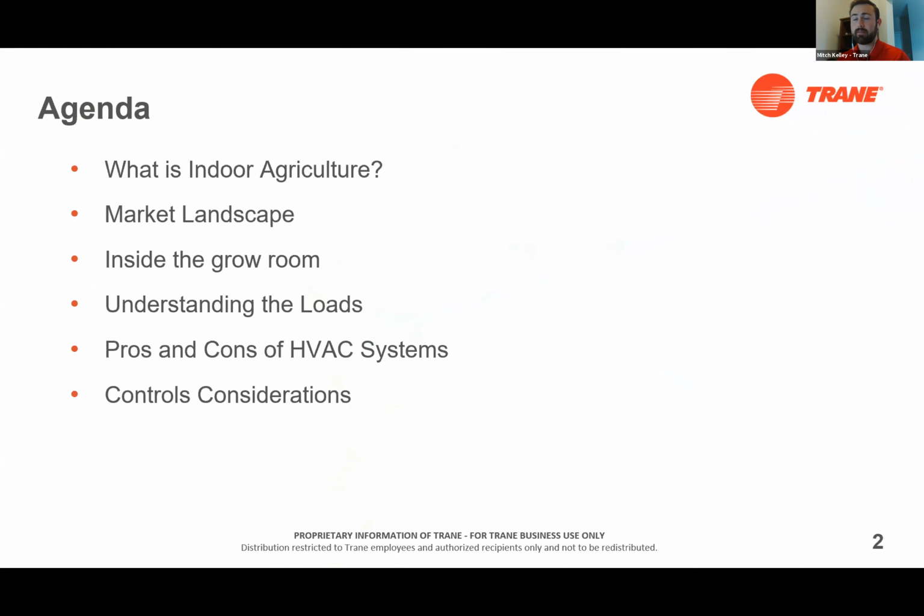And the same techniques that we've seen in the cannabis grow space are now being applied throughout the broader agriculture market space. So we'll talk a little bit about both that market landscape as well as the market landscape specifically with cannabis. Then we're going to dive inside the grow room itself,